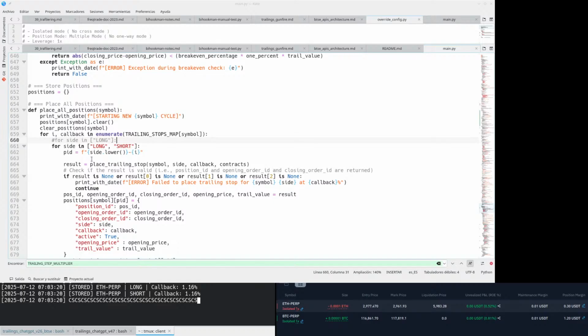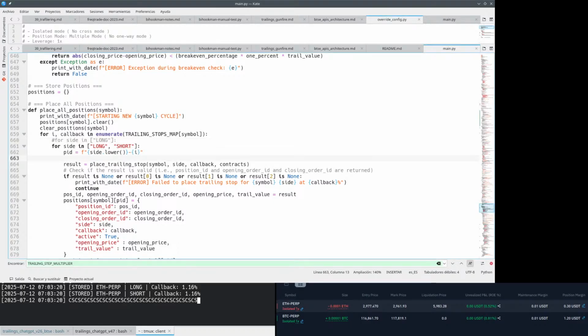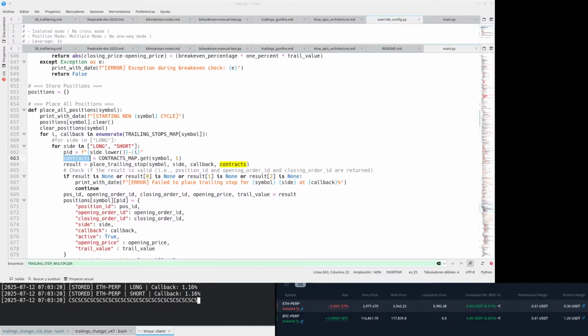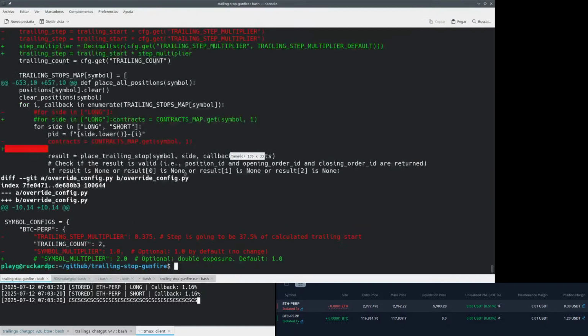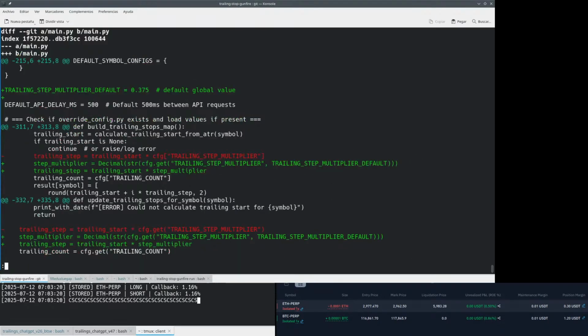Just before, so this would be the contracts. So give me the contracts so that you can use it here. So I'm not sure why this had a problem. Let's try again and see